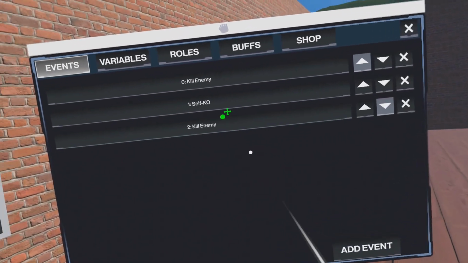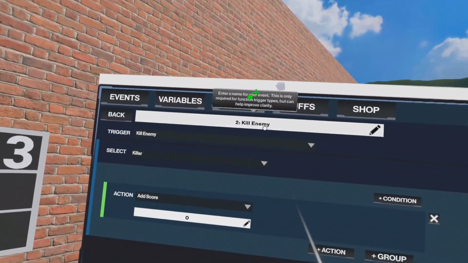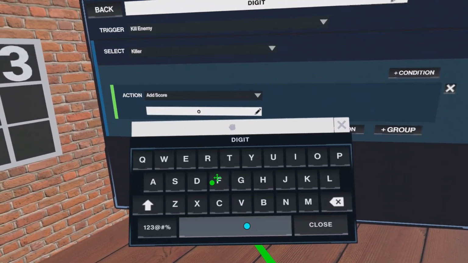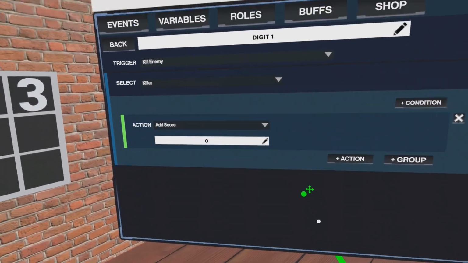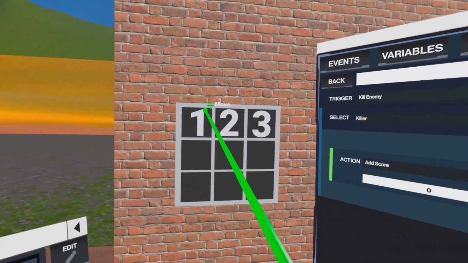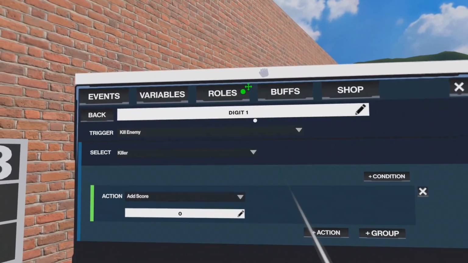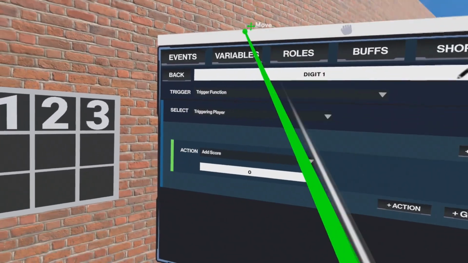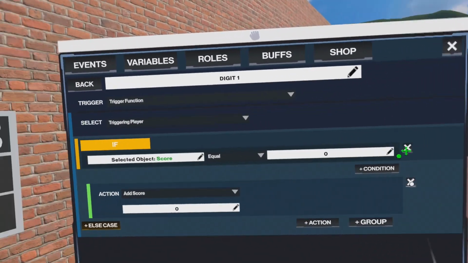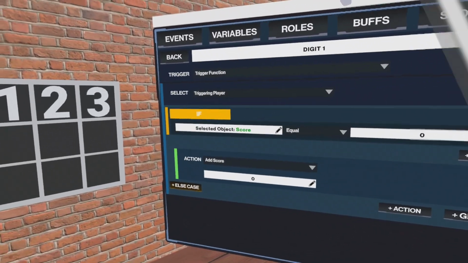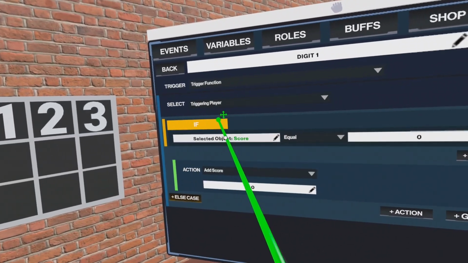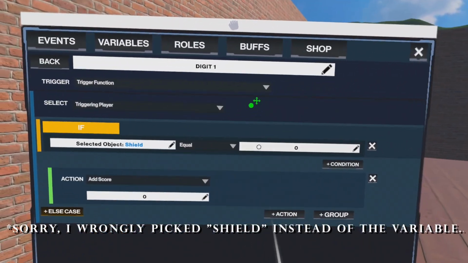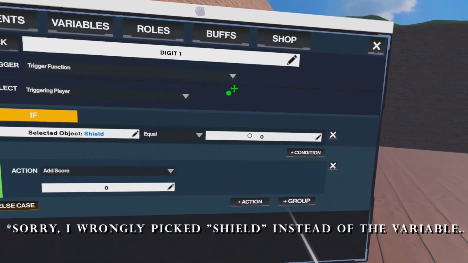Now you just need to add the event. So the event we call digit 1. The idea is that we trigger this event when you press the number 1. So here we have a trigger function, but the trick is now that we take a condition, an if condition, so it will only trigger one way if the variable is 0. That means it's the first time you press it,